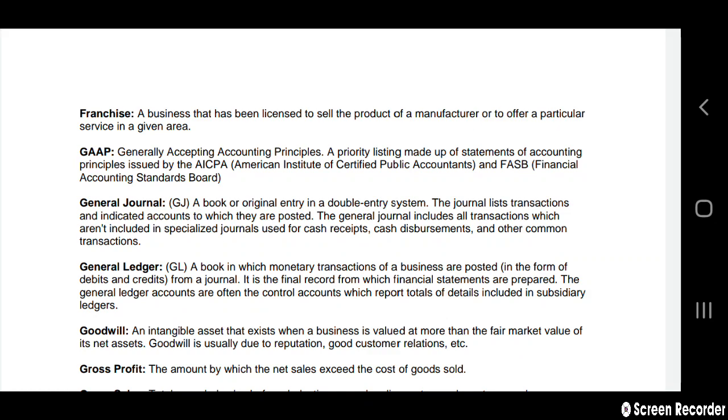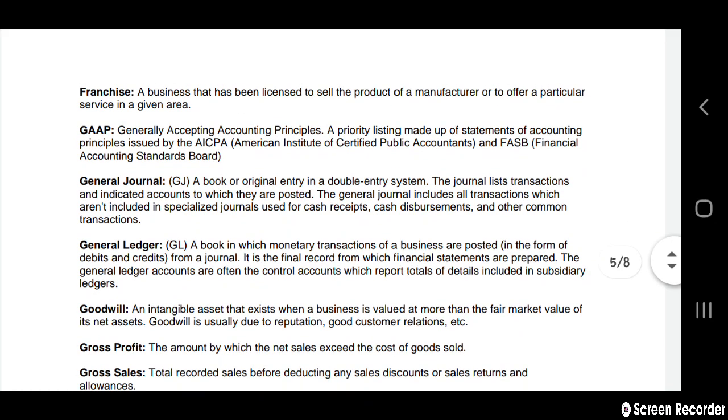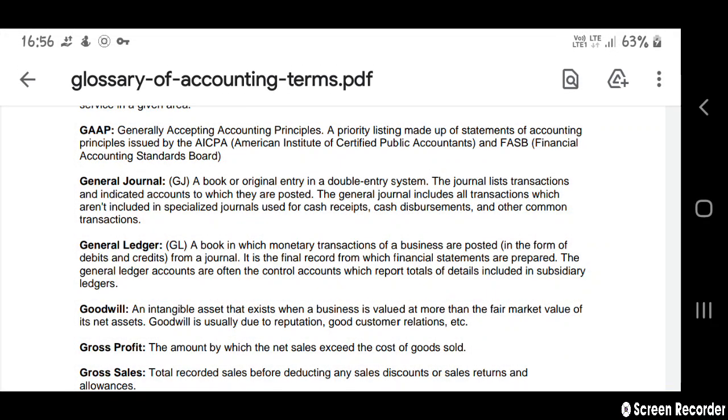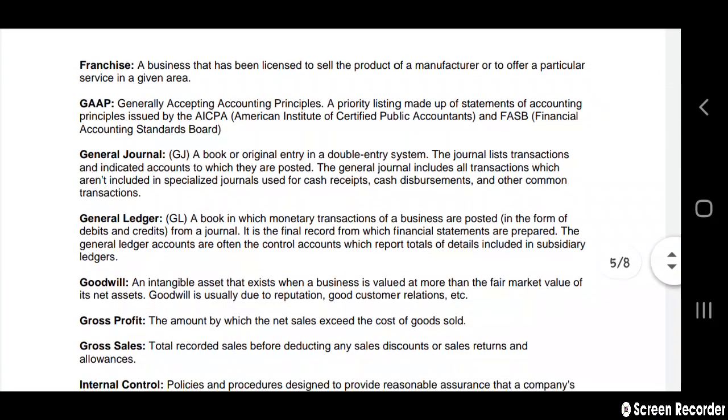So today I'm going to explain chartered accountancy, that is, accounting terminology. Disclosure is also one of them. In the part 1 video you learned some of the words in accounting. Now let us continue. In the last video I said I will continue in my next video, so let's continue with some more words in accounting.